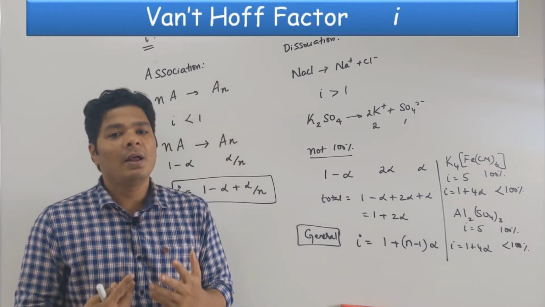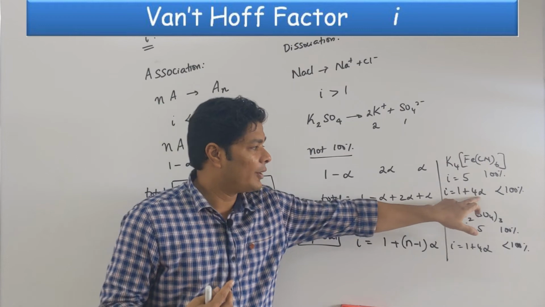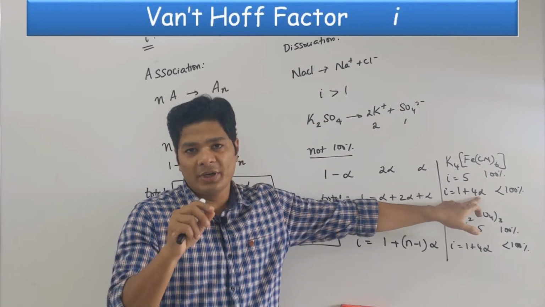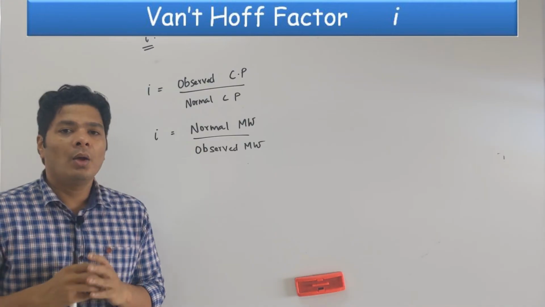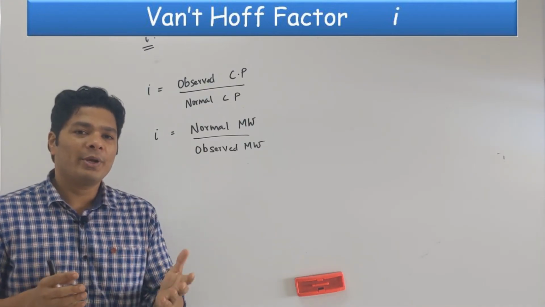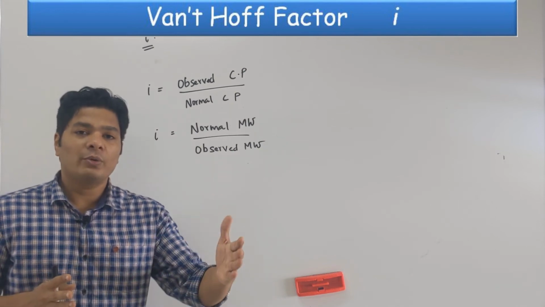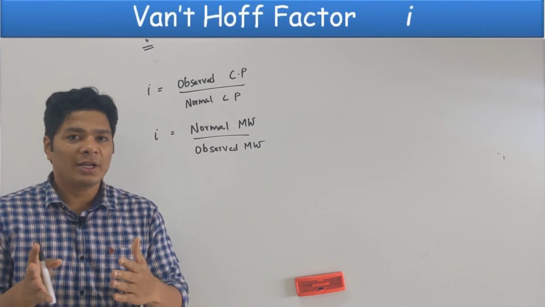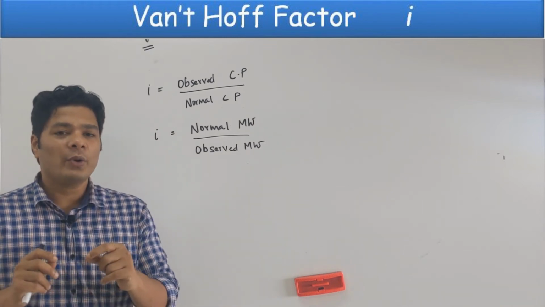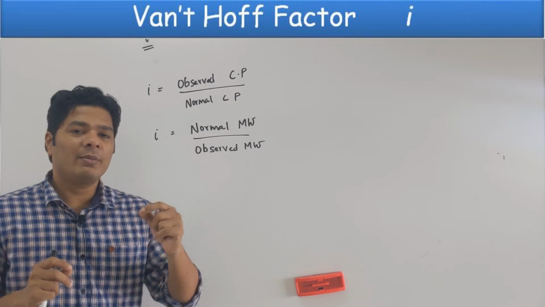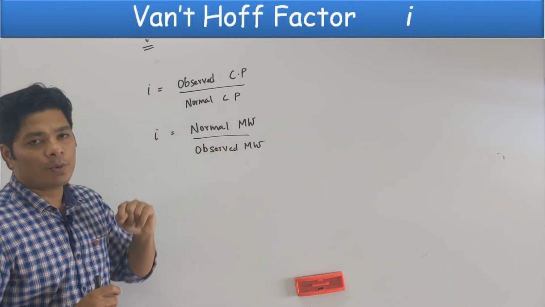Second way of calculating is giving you everything and asking you what percent it is dissociated, meaning they are asking you alpha. Alpha as a fraction times 100 will give you the percentage. We'll do numericals based on that. When you calculate your freezing point depression, boiling point elevation, all those, even osmotic pressure, they don't relate to just the solvent-solute relationship alone, they also depend on the I value. So whatever you're going to get is always going to be dependent on the I value. So now you can actually relate the I value to the colligative property.